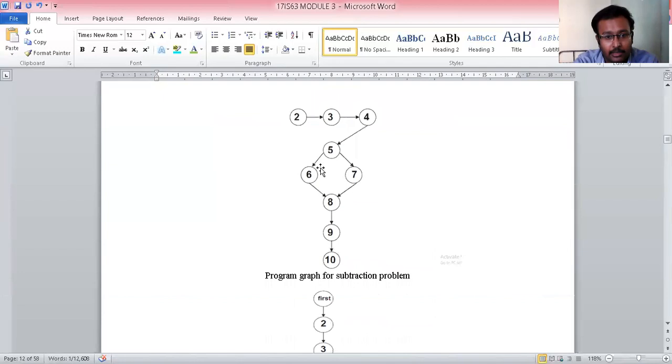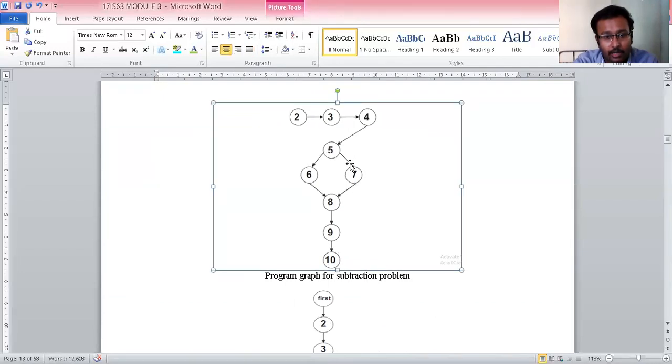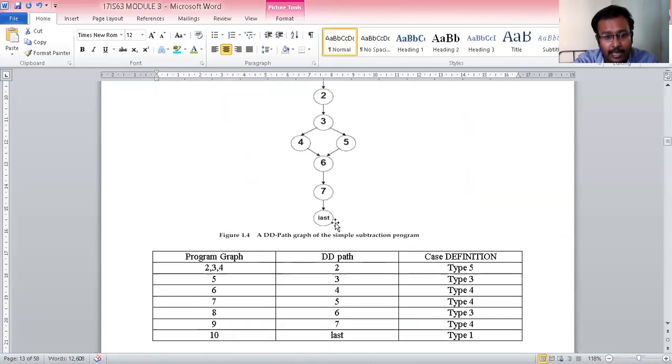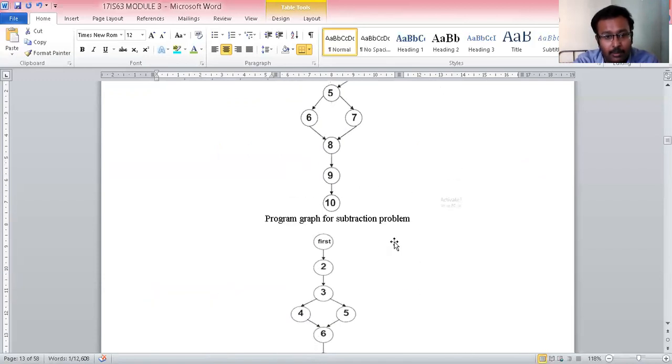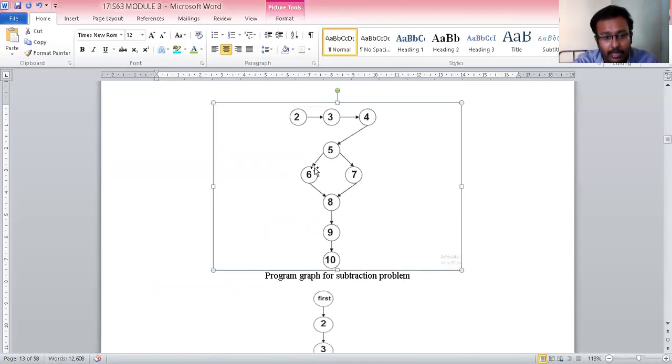So node 5 has an out degree of 2. Similarly, node 8 has an in degree greater than or equal to 2. So nodes 5 and 8 are type 3 nodes. Then nodes 6 and 7 belong to type 4 because they have an in degree of 1 as well as an out degree of 1.